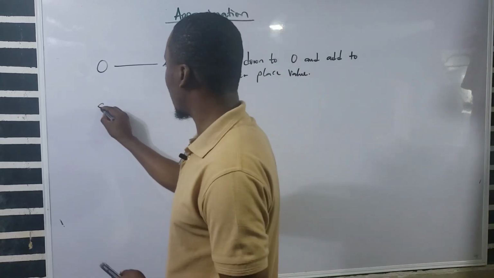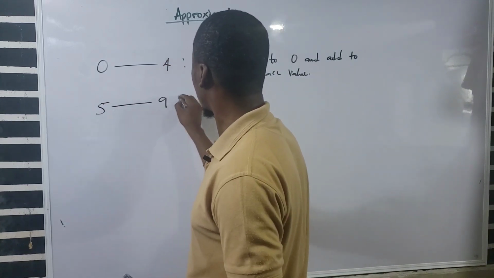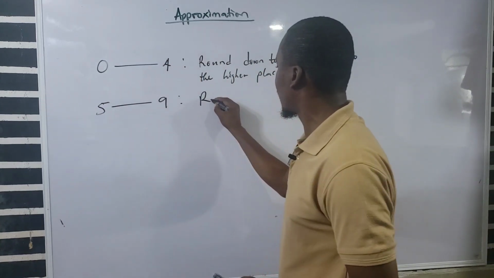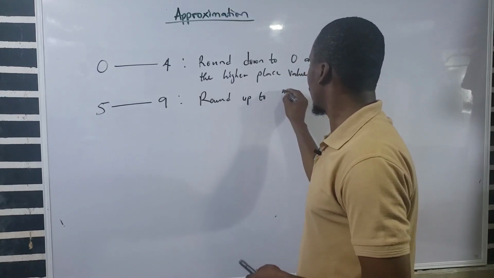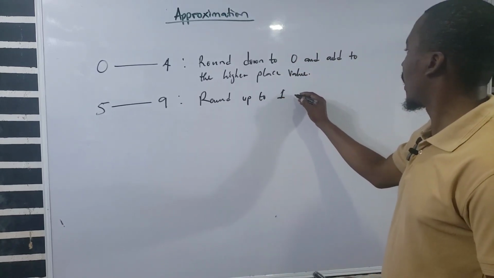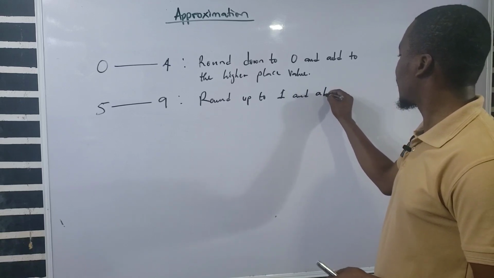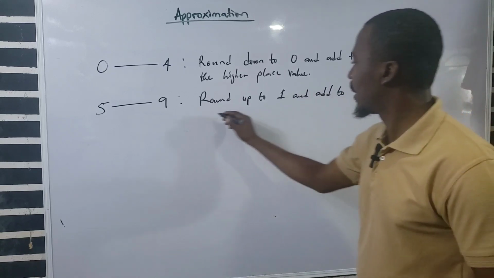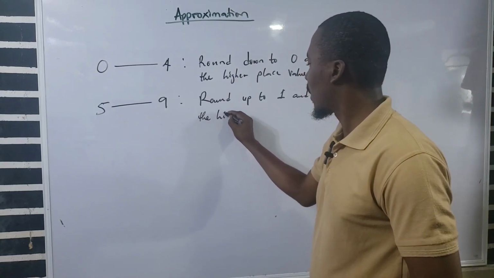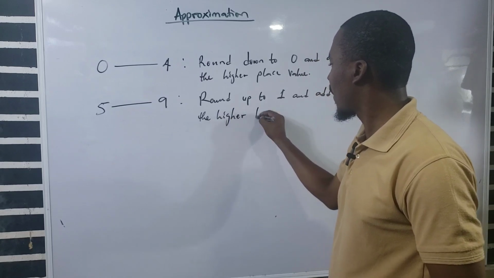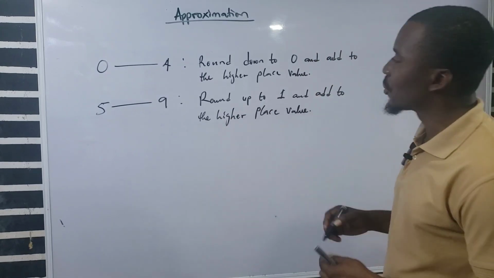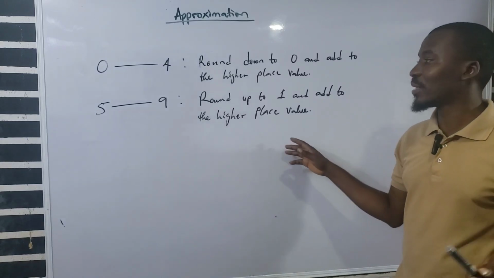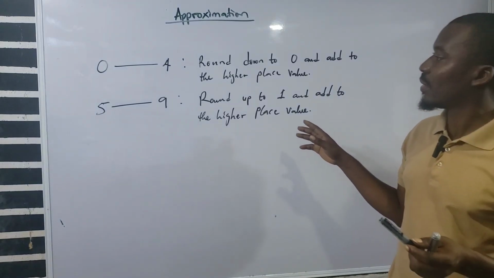And when the number is between 5 to 9, we round it up to 1 and add to the higher place value. Okay, so this is what we are actually going to be doing a lot of times in different kinds of approximation,